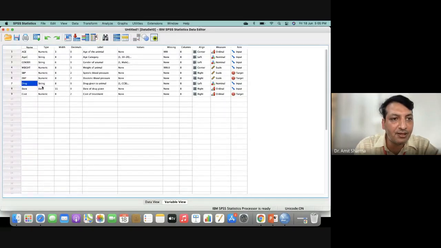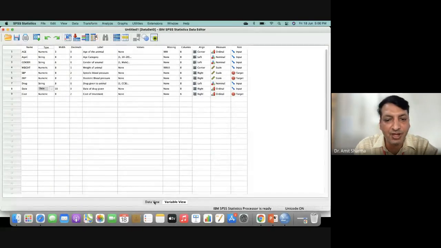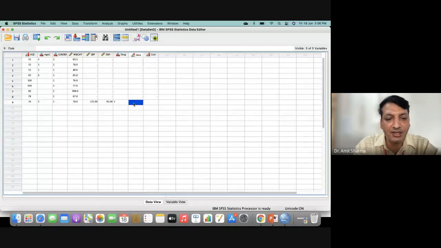the writing style for the date. Writing style of the date is this. I have to enter in this form only: day, date, then the hyphen, then month in 3 digits, then year in 4 digits. Like this only we can add, or either you can change to this one, the form I was typing. So month is first, then date, then year. Now if you choose this, you will be able to enter the date. I'll just write month 06 dash, it is 18 dash 2021. So now it will be visible.